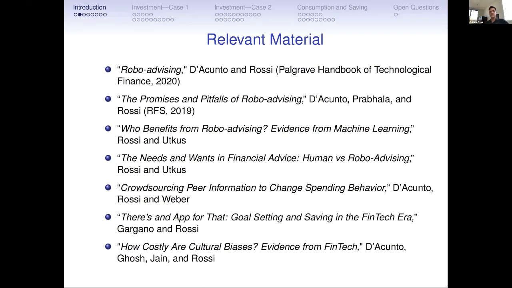And then the papers on robo-advisors for consumption, saving, and lending decisions are the last 3. One is Crowdsourcing Peer Information to Change Spending Behavior. There Is an App for That: Goal Setting and Saving in the Fintech Era. And then finally is a current work in progress of mine called How Costly Are Cultural Advisors? Evidence from Fintech. And here, basically, we exploit the introduction of a robo-advisor for lending decisions for those people that are on